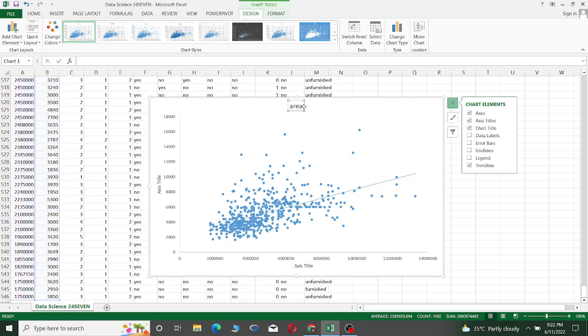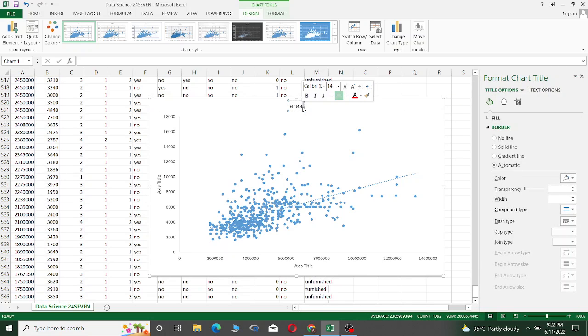First of all, we need a chart title. So this is area versus price. This is our area, and this is our